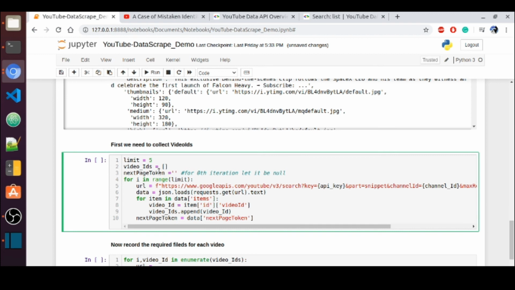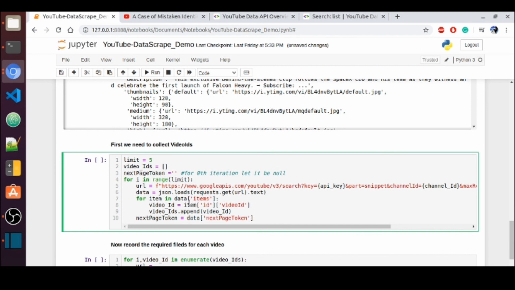For the first time, there will be nothing for the next page token. What I will do is, for the first time, it will load the JSON data, so the data will be loaded into this data variable. In this data, we are going to iterate over the items key. In the items key, we have the list of videos, information about the videos.